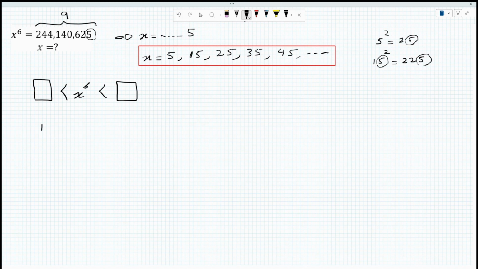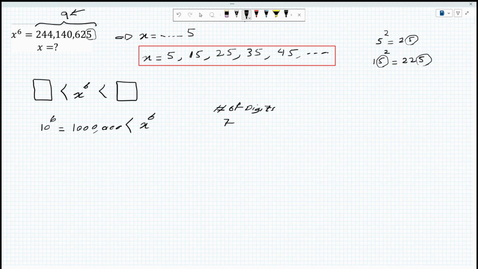Let's say 10 to the power of 6. 10 to the power of 6 is 1 million, and the number of digits for this is 7. Because the number of digits here is 7, but the main number is 9 digits, we know that this is smaller than